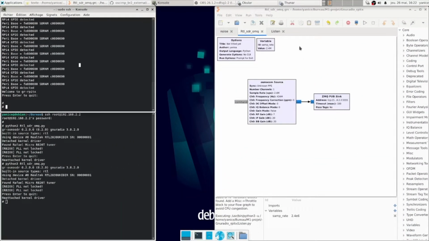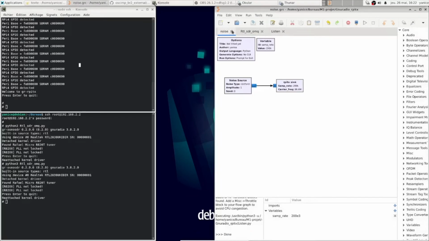Okay, so just to go a bit further this time, we want to study the transfer function of the RPi 4. To do so, we will analyze the spectrum of the RPi 4, listening to itself to see where energy is consumed or not. The first thing that we will do is to generate a noise. And we can see that this is a uniform noise source that we will send to an RPI-TX sink at